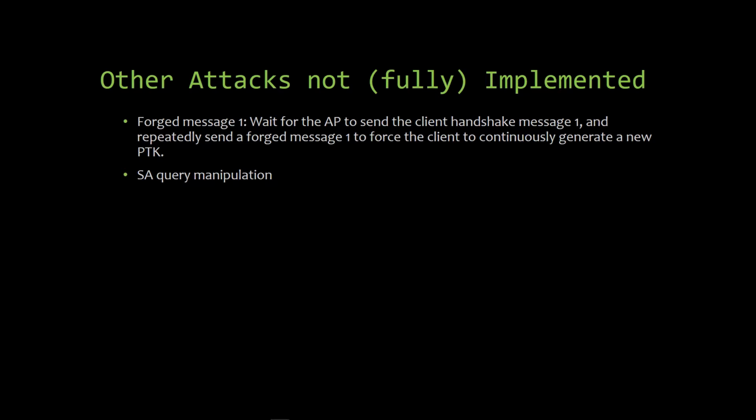Additionally, SA query manipulation can be used to create a deadlock in some scenarios. SA queries are used by an access point when the access point receives an unprotected frame from a client it believes should be authenticated already. It will send out an encrypted SA query to challenge the device if it still is online and authenticated to respond. If it does not respond, then it knows the device has actually been disconnected and can begin steps for